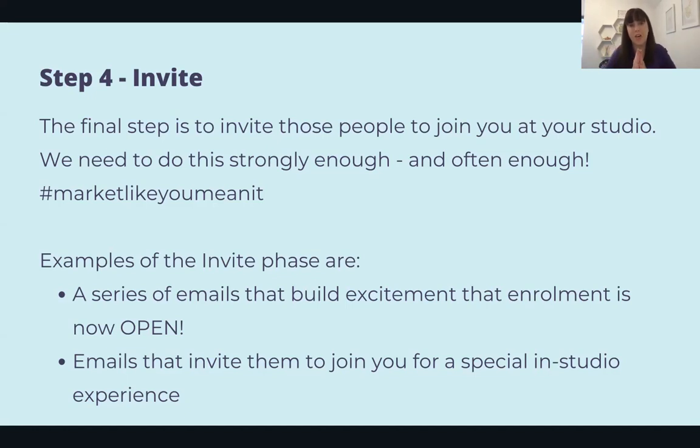So we need to make it a no-brainer offer, something that's really strong and really compelling for them to do it, not just sometime, but right now. You're in your invite phase with them. What are you going to offer them that makes them go, yes, right now? Slightly off topic, please don't just go a free class or a free t-shirt. A free class,